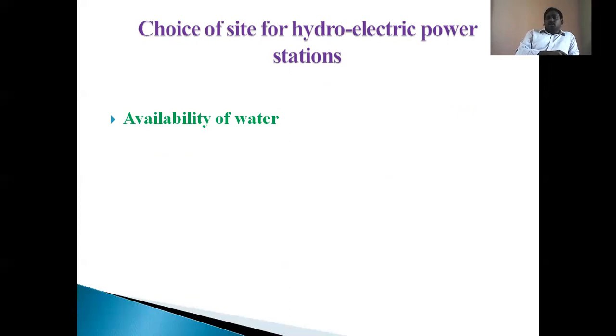That means the main requirement of hydroelectric power generation is water. That's why the hydroelectric power station is constructed where the water is available. Where the water is available means much more water resources are available, only at the river sides. Those rivers are available in hilly areas. That's why these hydroelectric power stations are constructed in hilly areas for the more amount of water flow.